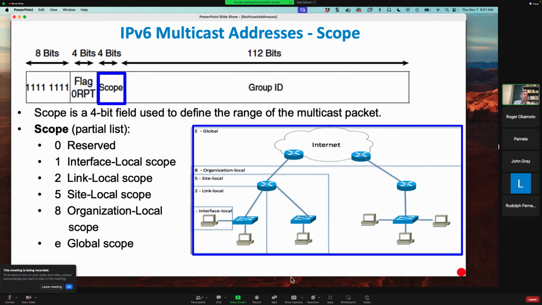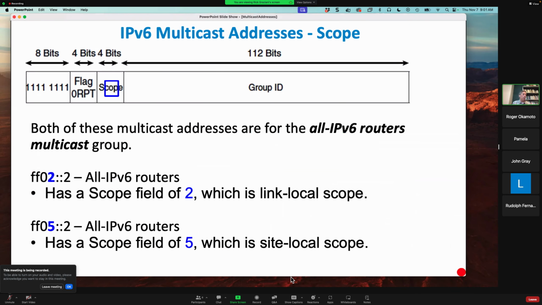There is global, but that has to do with something else. All right. So what we're going to be using is FF02. Again, link local scope means this is just within our Ethernet LAN, not past that router. But if I wanted to send something to all IPv6 devices, but not past the router, like, hey,